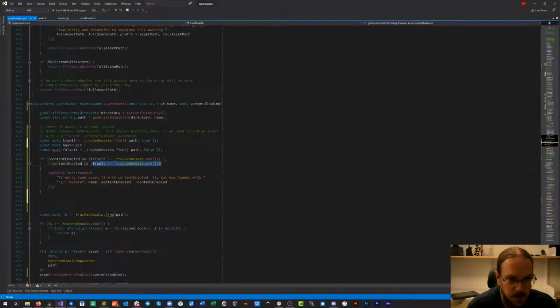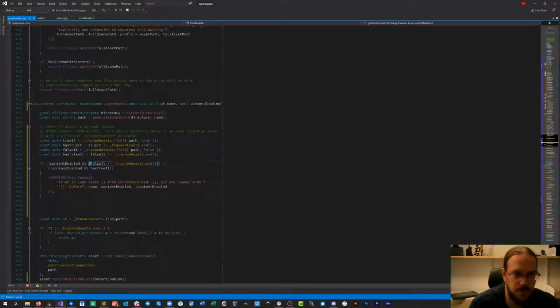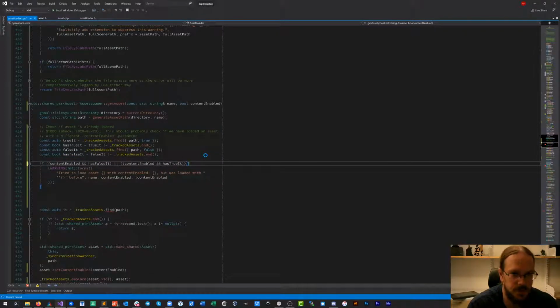Just make this a bit shorter. So now we have some variables for this. They fit into one line, and it looks much nicer.